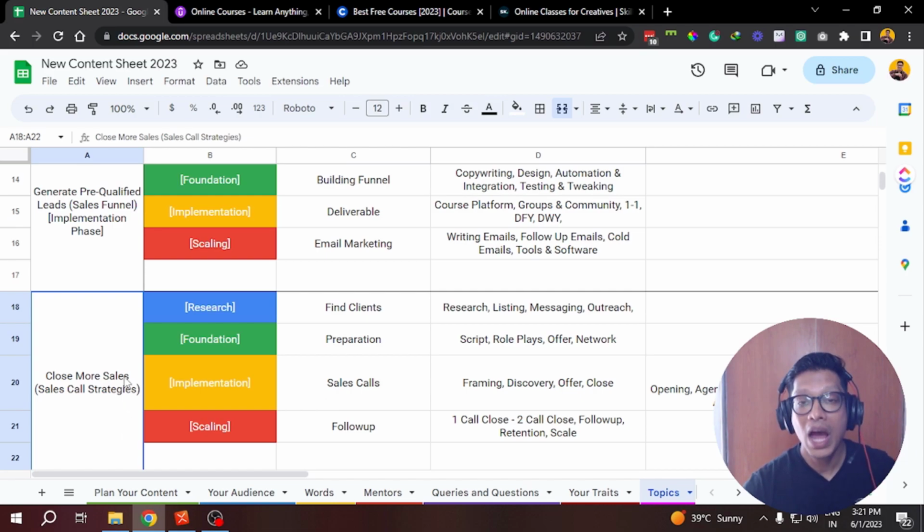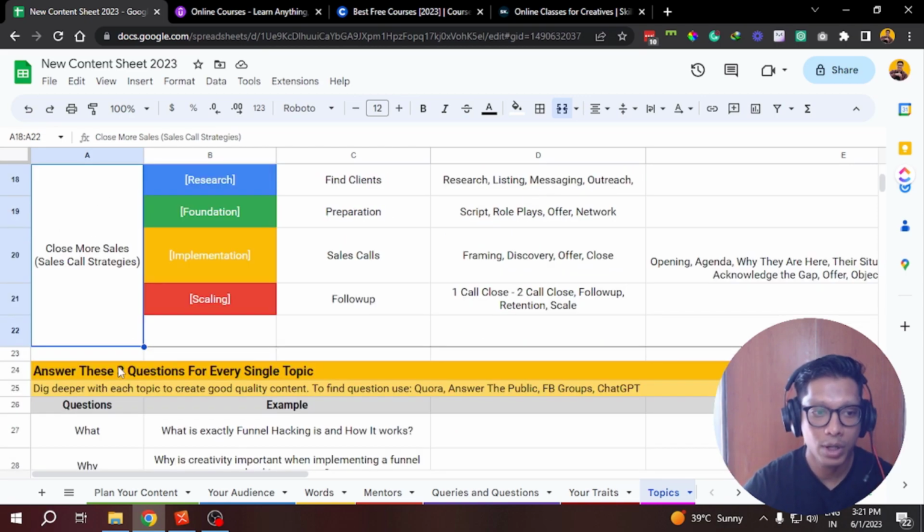That means how, once you have got the content part, once you have got the sales funnel part ready, then how you can go ahead and start making more and more money. So this is where I'm talking about closing more high ticket sales, running ads, doing role plays, so that they can improve their sales skills and then close more high ticket sales on their sales call. So it's all about scaling.